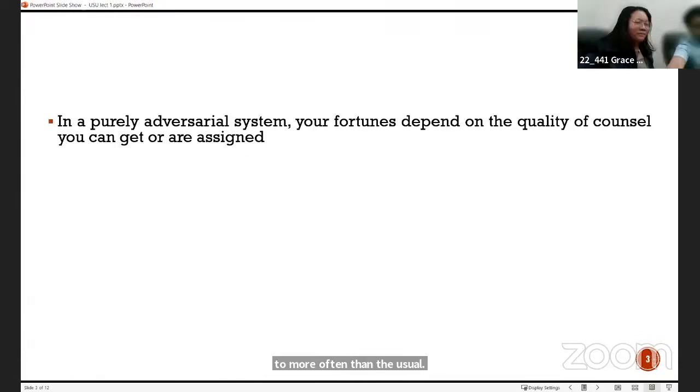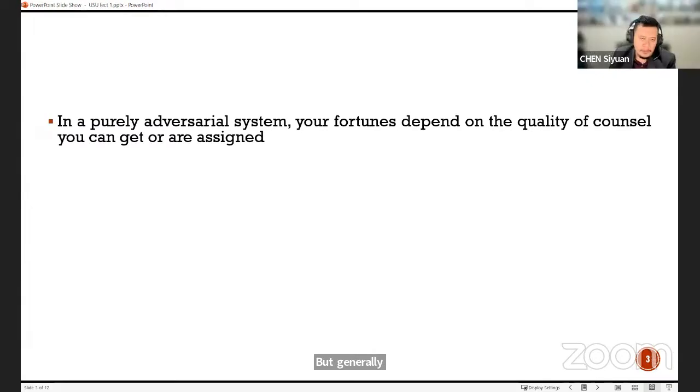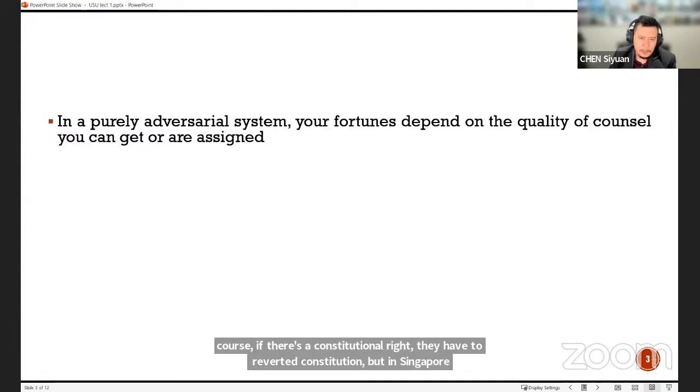Other features of the common law system are worth pointing out, especially in the light of today's topic. One feature of a common law system is that if you have a bad lawyer, you may have a pretty bad case. Because as you'll see later on, the judges are supposed to play a limited role. And this will also affect the criminal justice process in some way.